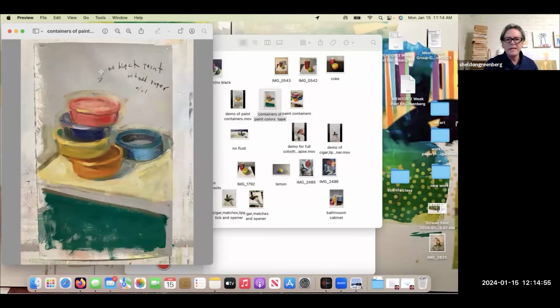So I changed the colors a little bit. I wanted it a little bit more interesting. I kept the gray as the background, but I added the green at the base because I like the idea of it sort of bouncing off this red container. Complementary color can always be effective. And because I have yellow and violet, which is a complementary color, and I have orange and blue, which is complementary as well, it made sense to me to add that green. So I've got one more complement in there.